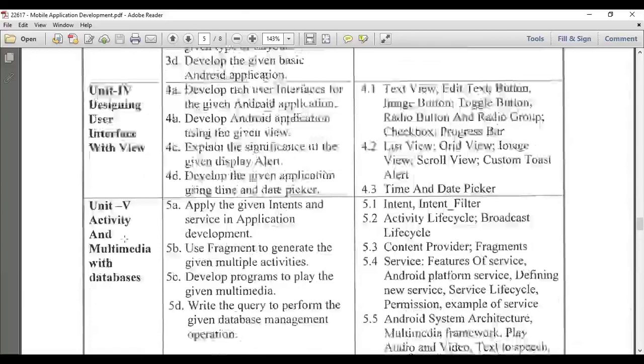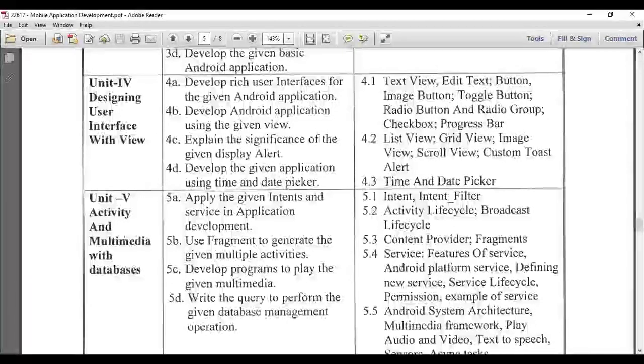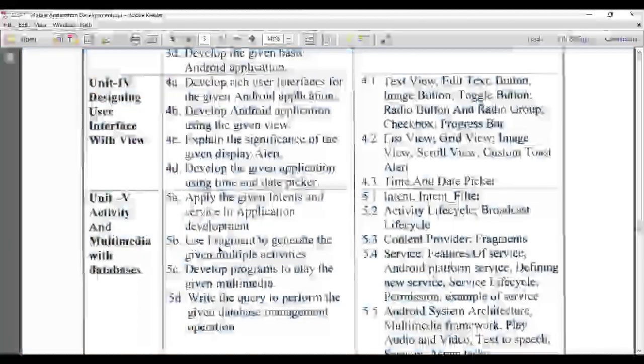Now in unit number 5, we are going to learn about activities, fragments, and intents. Like you are going to put some activity. Whenever you are opening any application, whatever view is in front of you is known as an activity. You can move from one activity to another activity. Whenever you click on something and a page opens, this is called another activity. Then we are going to see fragments. Fragment is another important thing in your syllabus, which we are going to learn.